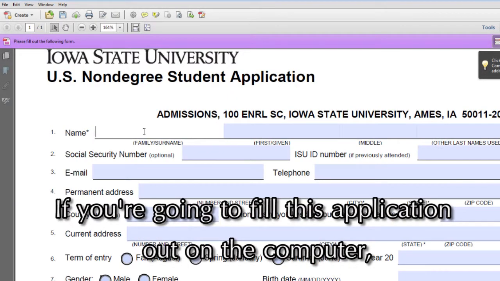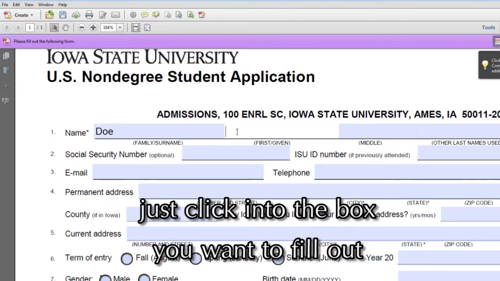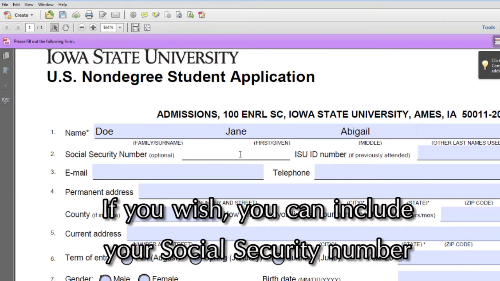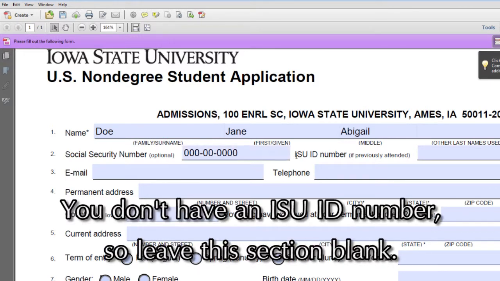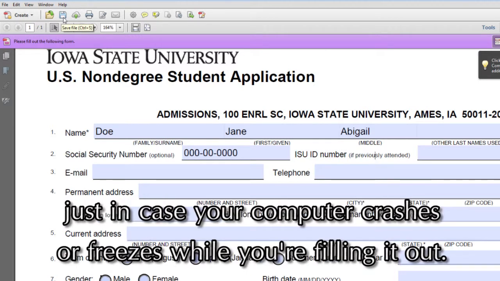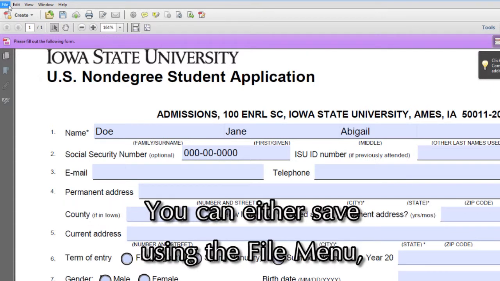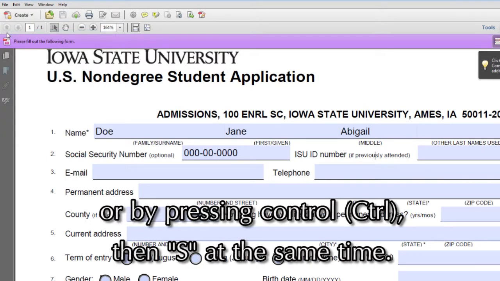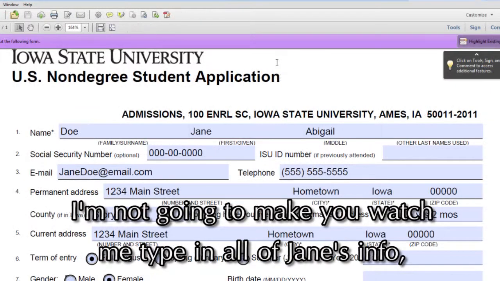If you're going to fill this application out on the computer, just click into the box you want to fill out and type the necessary information. If you wish, you can include your Social Security number on this application. You don't have an ISU ID number, so leave this section blank. It's good to save your application while you're working on it, just in case your computer crashes or freezes while you're filling it out. You can either save using the File menu or by pressing Ctrl, then S at the same time. I'm not going to make you watch me type in all of Jane's info, so we'll skip ahead